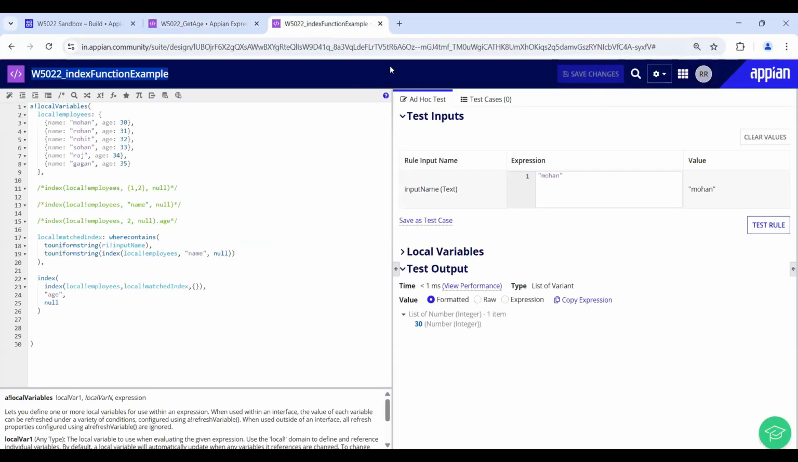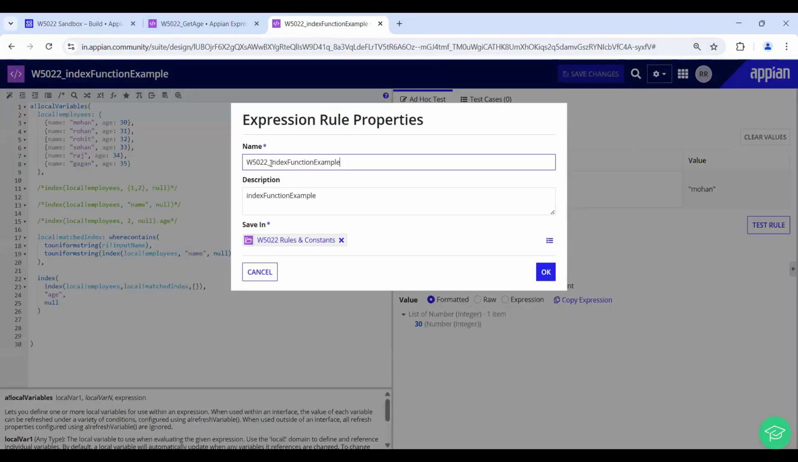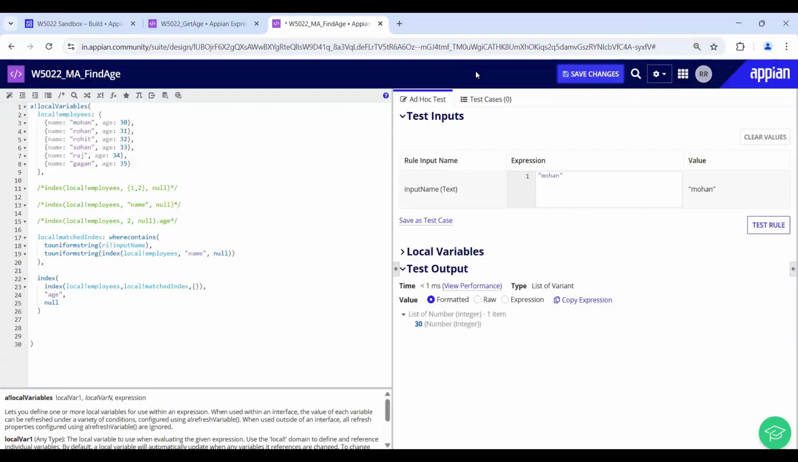Now let's say I want to change this rule name. How do I do that? I go to the properties, and I say find age. Okay, this is the name of this rule. I change it. I just change the name so that it will be relative. So now I change this rule name, that whatever I will pass to this, I'll get the name, I